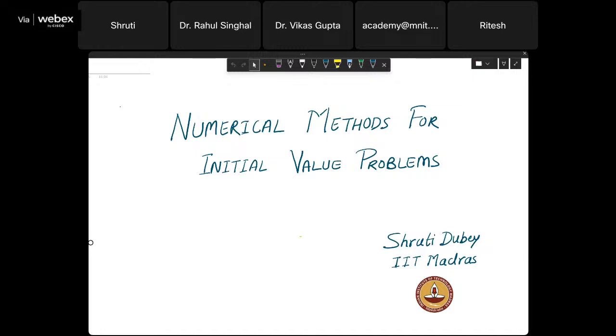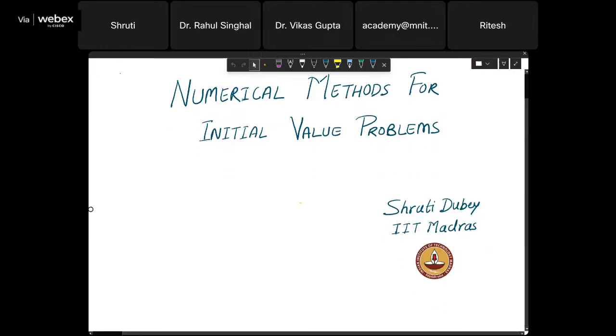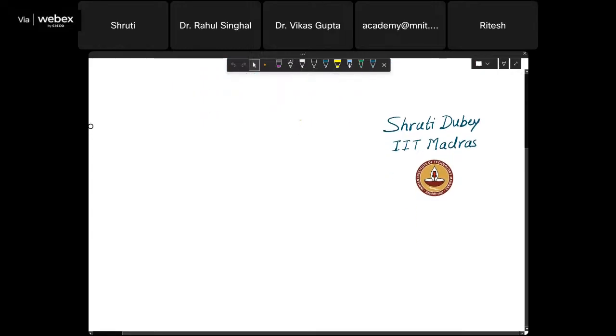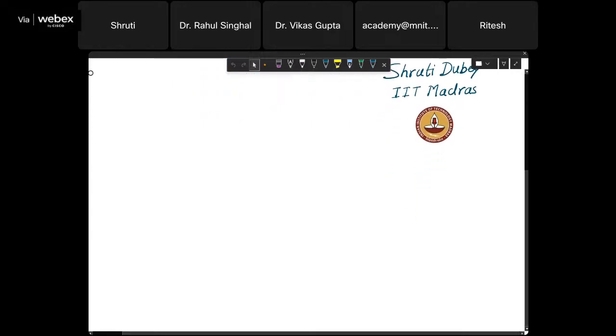So far in this FDP program, all the participants have heard many lectures and learned many things. So in this lecture series, my addition is over the numerical methods for initial value problems. Particularly, I am going to discuss the initial value problems consisting of ordinary differential equations. To start with the numerical methods, my idea is that first I'll briefly give the background of such type